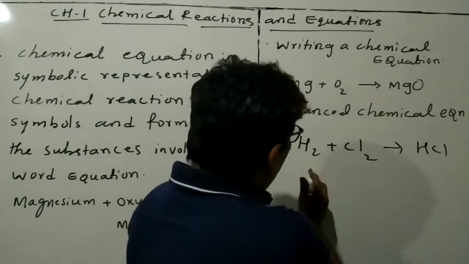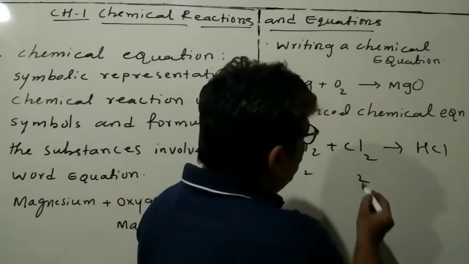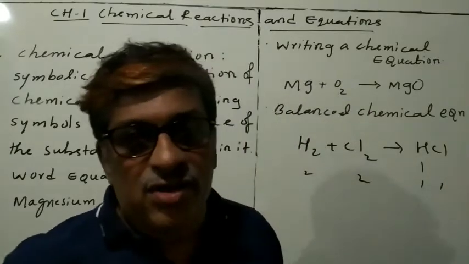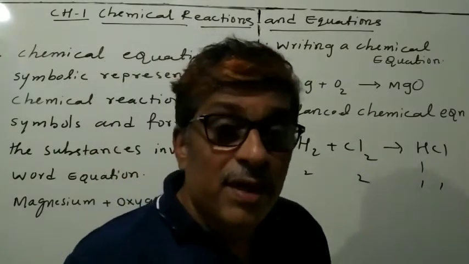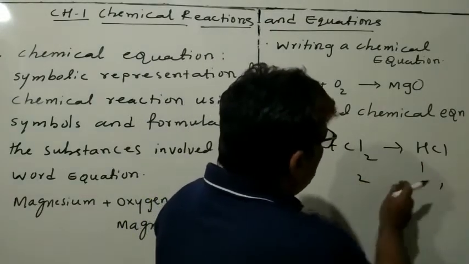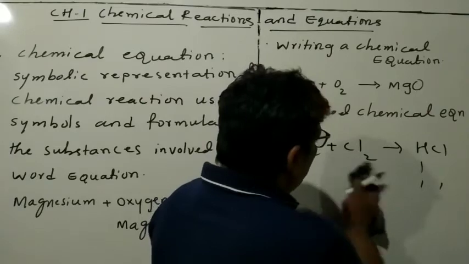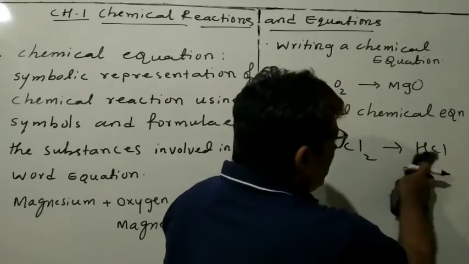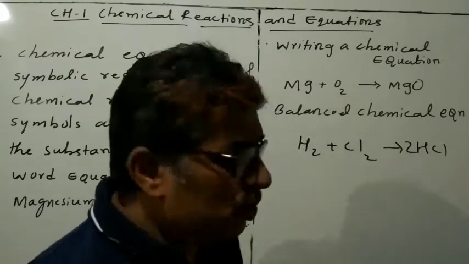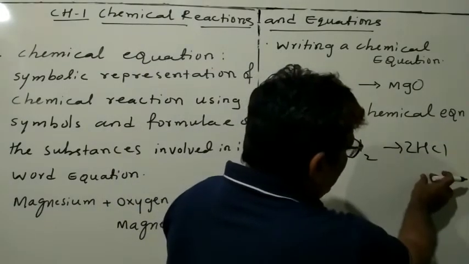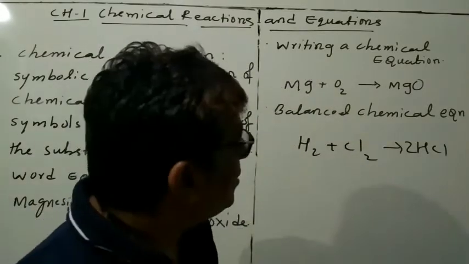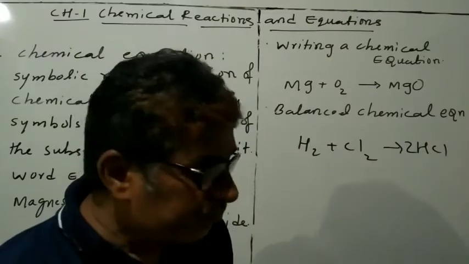And you see that here hydrogen is 2, chlorine is 2, and here hydrogen is 1, chlorine is 1. So it is unbalanced. So a skeletal chemical equation should be balanced. It should be balanced means here, H2 or Cl2, where you have to put the 2. See, these are simple equations, here you will not get any difficulties. So you have to write it here so that H will become 2 and Cl will be 2. That's why it is a balanced chemical equation.